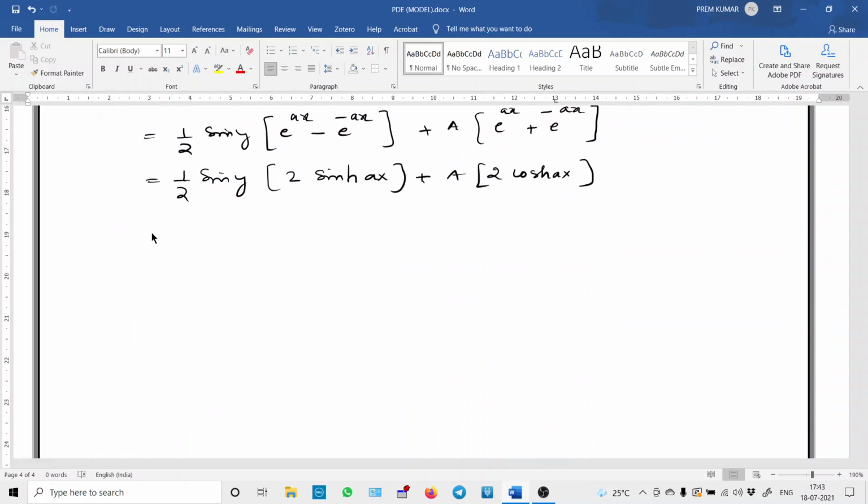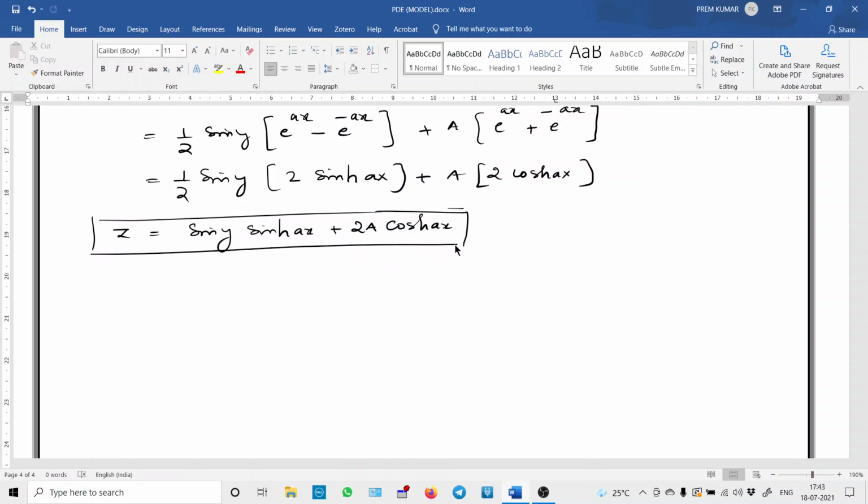So finally this can be written as sin y into sinh ax plus 2 times a into cosh ax. This is the solution of the given partial differential equation. Here this z is a function of both x